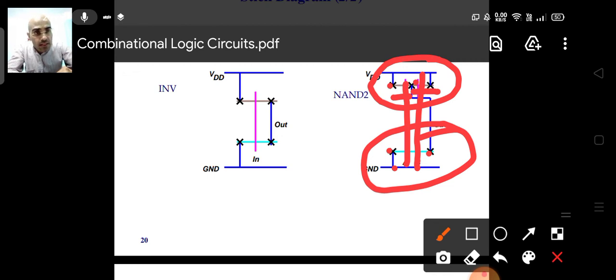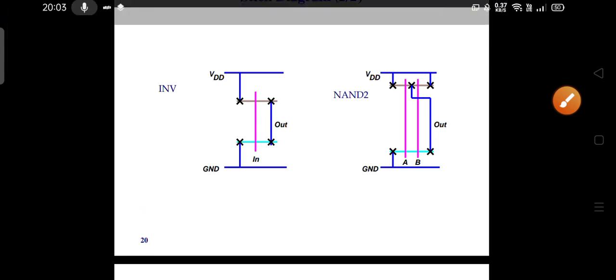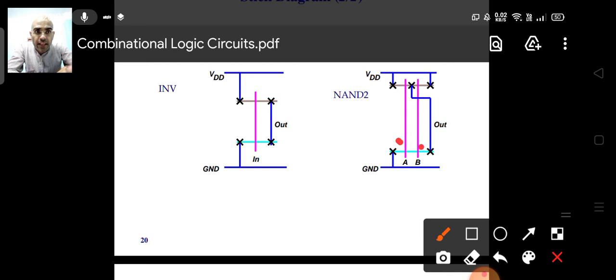So now you see, the polysilicon is intersecting the brown line, which is the PMOS, this P active region. So it is intersecting that at 2 points. Then you can easily say that you have formed two PMOS transistors and they are in parallel, right? So if you apply the inputs to these pink lines, then they will become the inputs to the gates A and B, okay, and you can take the output from here, from this interconnection, okay. So you see, this is how you form the NAND gate.